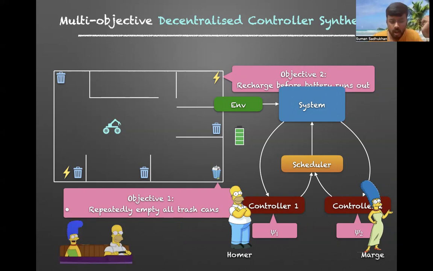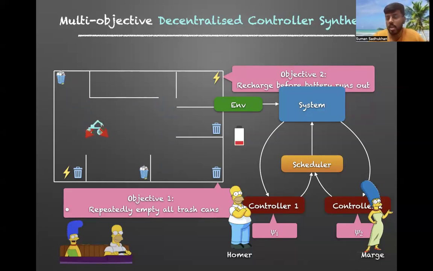So let's see how this composition works. Suppose the trash can is now full there in the right corner. And now of course, when we talk about two controllers, we are introducing two players, for example in this context, Homer and Marge. Homer is controlling the robot, and he goes near the trash can. And whenever a new trash can arrives in the left corner with trash, he will go there to collect the trash.